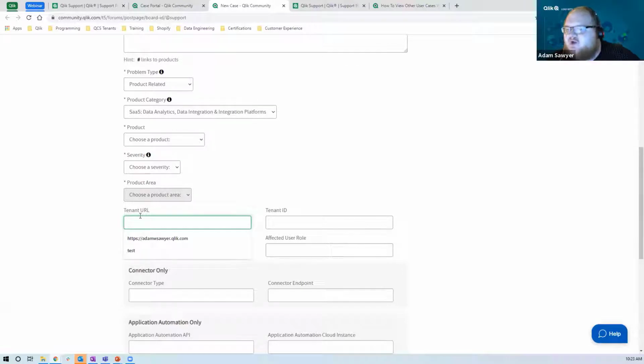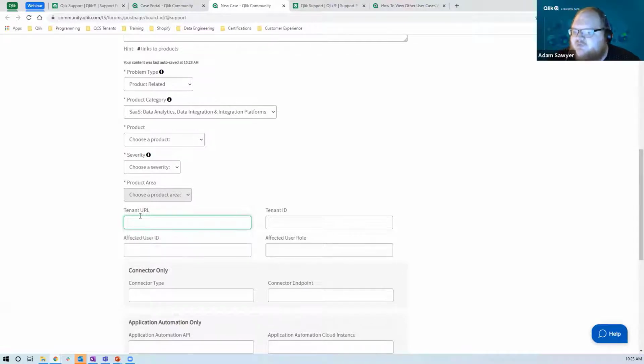We felt like this was a really good middle ground between having these static environments that may or may not be updated by users, may or may not be used, versus having real-time, up-to-date information that you can provide. Obviously, in the future, as we look to increase the level of self-service within the portal, we want you to be able to select, hey, what subscription is this involved in? Which license is this related to?